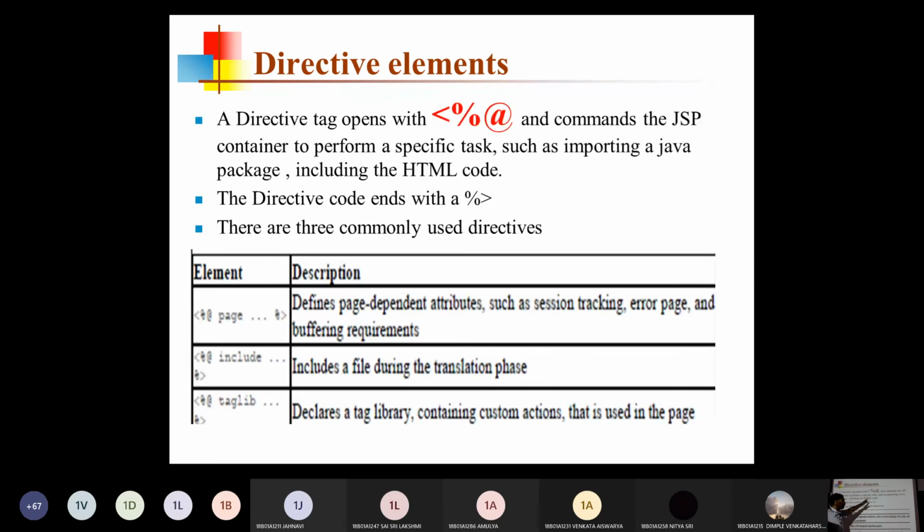Directive elements start with percentage at the rate of. So far, how many kinds of JSP tags have we learned? Please list them out.